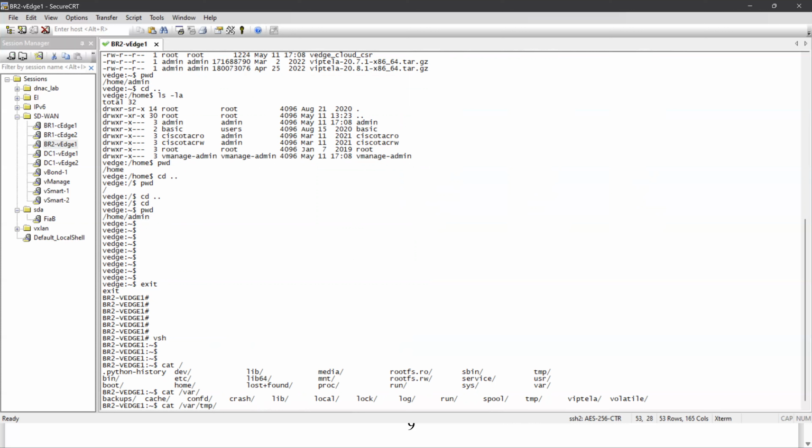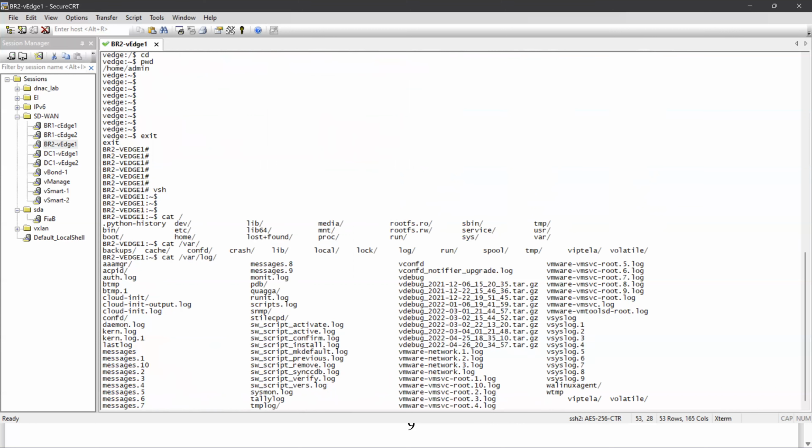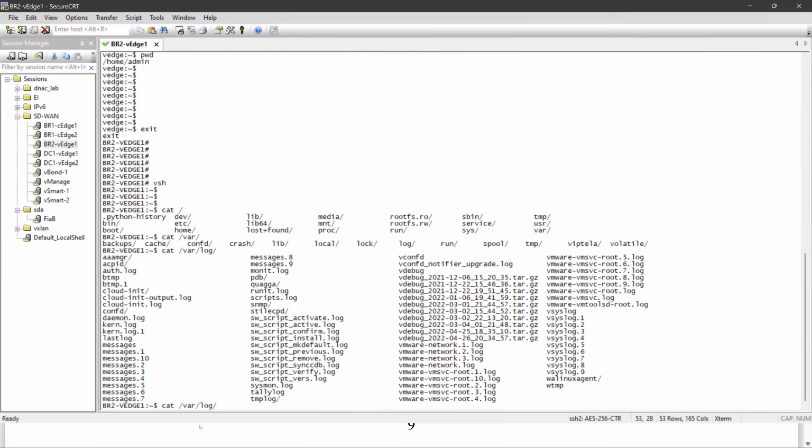Let me quickly check. So log, oh, log is there. I can go and check the log as well. Let me quickly check what other options. So here you don't have the, I'll go to log. Yeah, so this folder is where log, and now you can see that we have